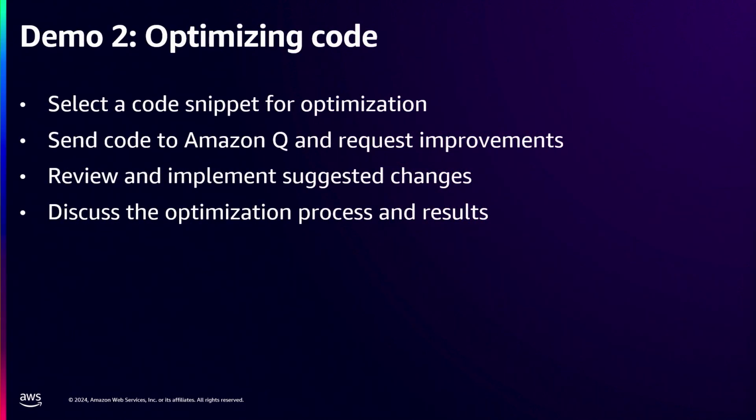Let's look into optimizing our code. You select a particular code snippet for optimization, and you can right-click and then say optimize, which will basically optimize your code. You can also review and implement your code, right? So let me just open up a code which is